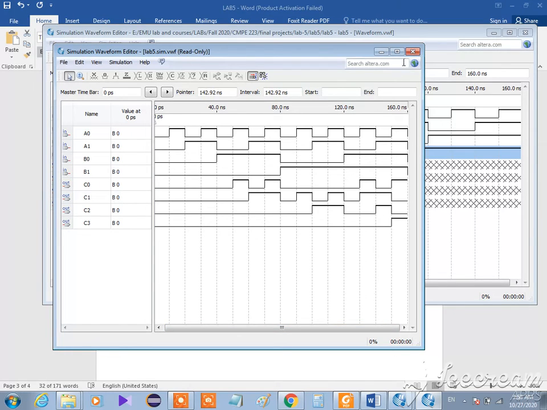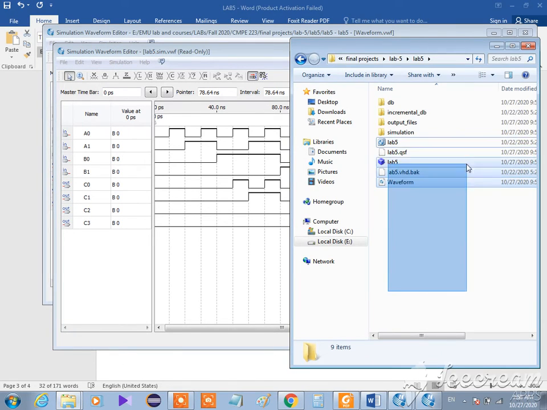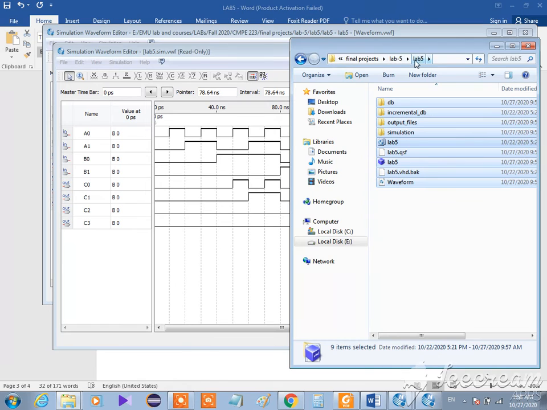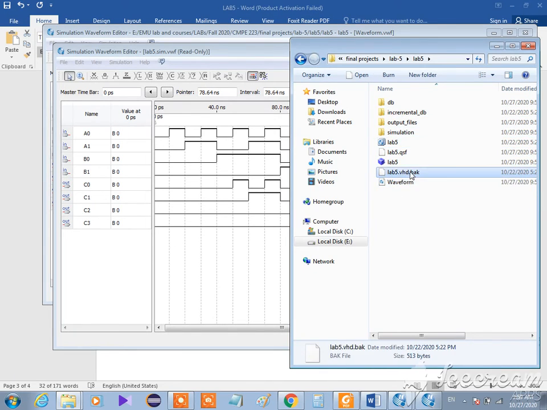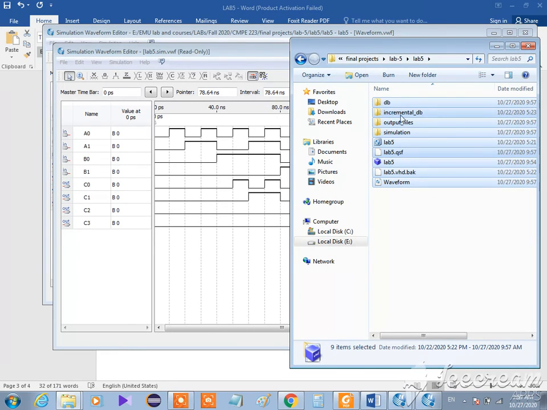Okay, so don't forget to send me all these files, the lab number 5. You should send me the lab number 5, and you can zip it or compress it with rar, and you should send me all these files. So your file should have this one, and all of them. Don't forget to send me the waveform or this one. Okay, so you are responsible to send me all these files for grading. Okay, this is the lab sheet number